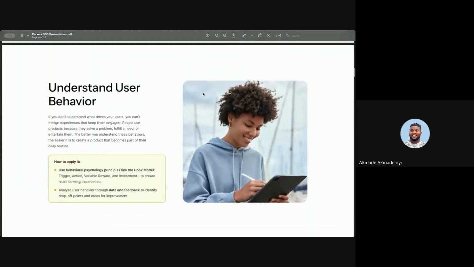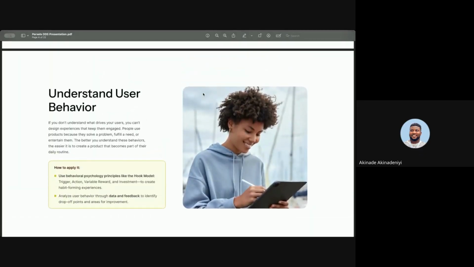So the first thing is understanding user behavior. This is how you begin your journey. And I'm sure we are all familiar with the design thinking process. I know that the first step is empathy. That is where you get to understand the target audience, the people that you're designing for.